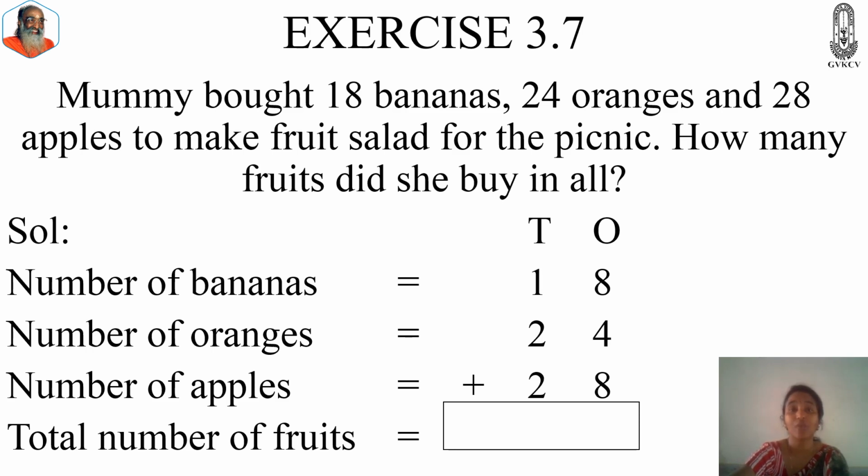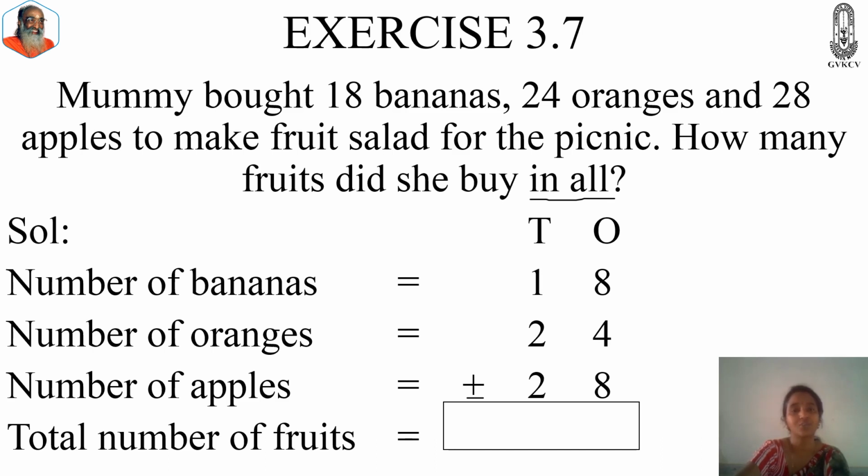Now let us go. And another thing: if you see words like in all, together, total in the question, you should do addition. Always don't forget to keep the plus sign before you do the sum, because it tells what you have done in this sum. And tens and ones, as usual, you have to write there.